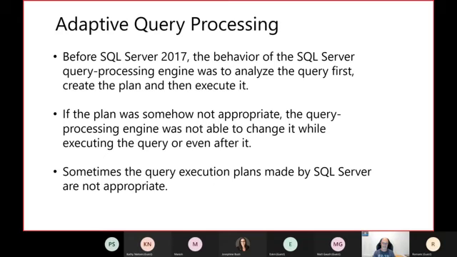Until now, that plan was static. That means it gets compiled, and it's going to keep using it this way for more executions until it gets replaced by another one. But if that plan has some problems, like, for example, memory grants, it doesn't matter. It's going to use it no matter what, and it will hurt other executions if that's the case.